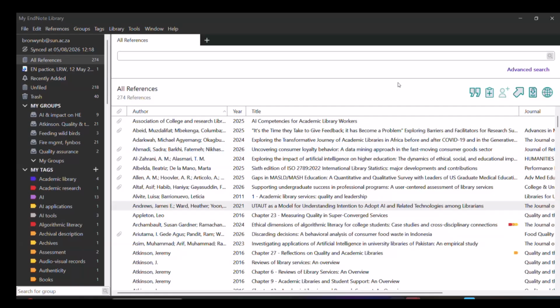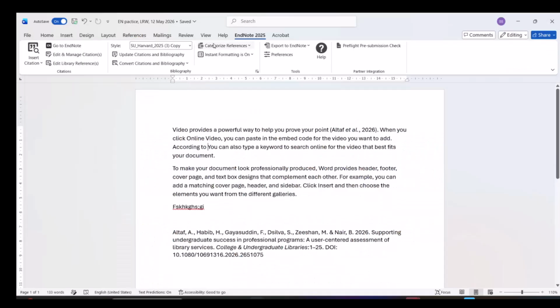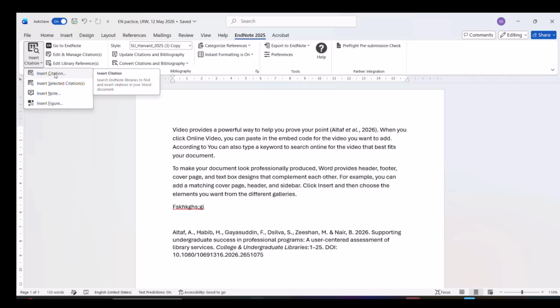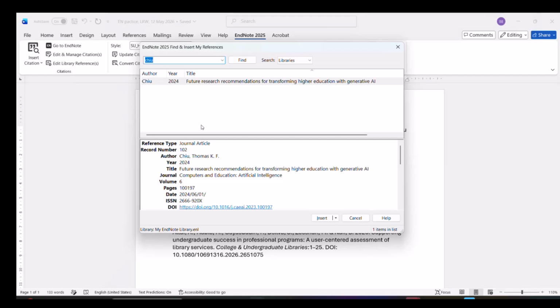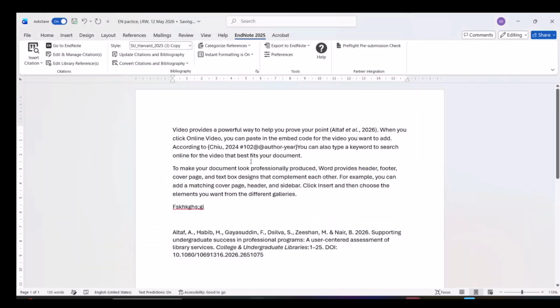my reference that I want to insert, and I come back to my document, and this time instead of saying insert citation, we're going to say insert citation, and we're going to use the drop down here, and we're going to choose insert and display as author and the year in the brackets. So that's how we want to do it, because the author forms part of our sentence. So according to